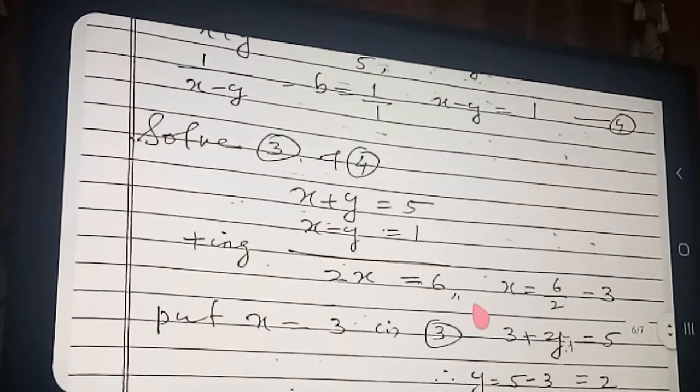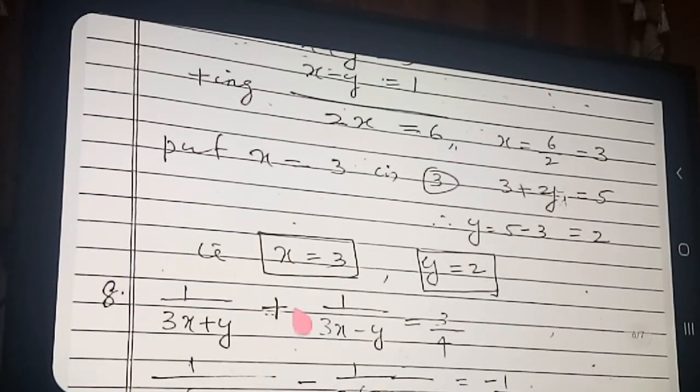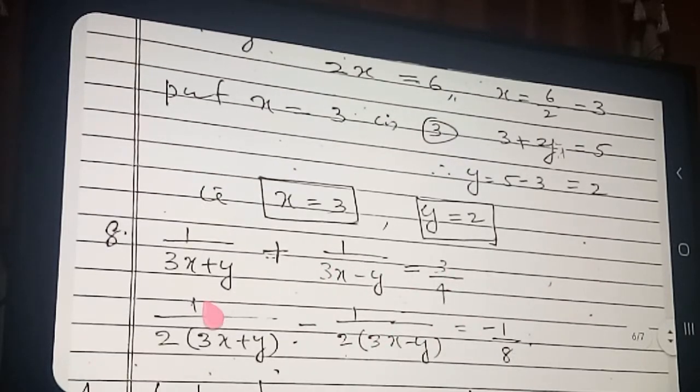Okay, same type of another one more sum I will explain. Question number 8. See here. Here also same type of questions, but the coefficient of x is 3 given extra. That only the difference. So here in both the equations, which terms are common you see. Here in this equation 1 by 3x plus y is there. Here also 1 by 3x plus y is there. So that term we will give it as A. And here 1 by 3x minus y, here also 1 by 3x minus y. So that we will give it as B. Okay, we can go through the sum.